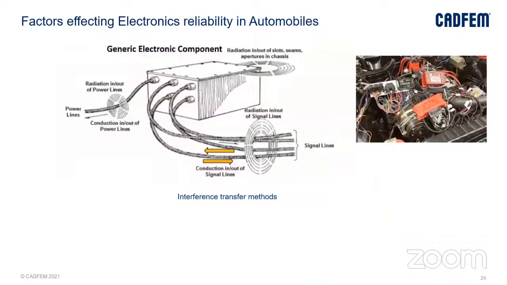Another important field is electromagnetic interference. Here we have an electronic system, which has power lines and signal lines. This system, when working, due to the presence of high speed switches inside the components running at different frequencies,